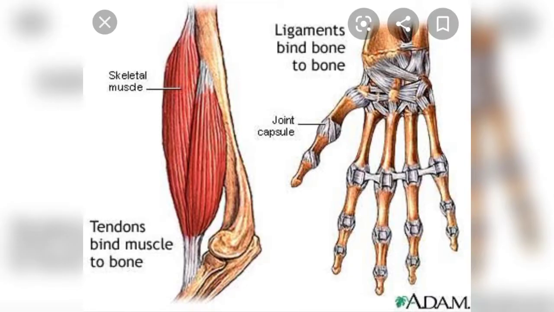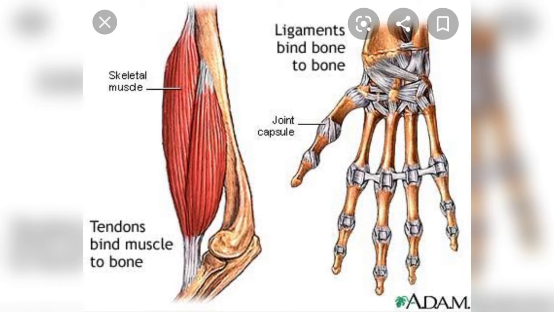Okay, now what do you mean by ligaments and what do you mean by tendons? From this image you can clearly observe, dear students, that ligaments connect one bone to another bone. Of course, we know that so many bones are present in our body and they are connected with each other. So which particular tissue is responsible for connecting two bones together? That is ligaments. So remember the main function of the ligaments, dear students, that ligaments connect one bone to another bone.